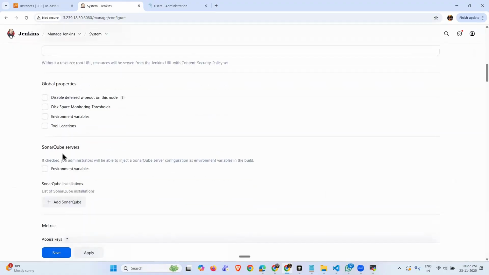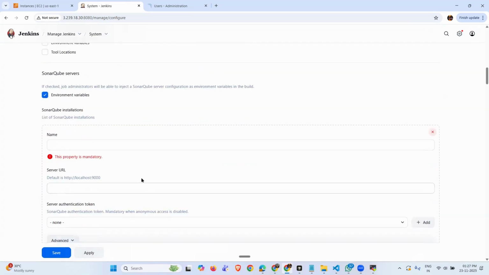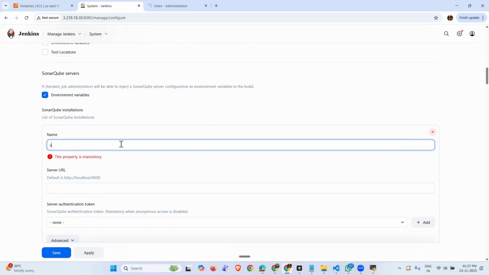Yeah, here SonarQube, and you just click the environment variables and here add SonarQube. Here choose Sonar scanner because the same name I have given in my pipeline. If you want to change this, you can change it, and I will explain where to change it there also. Sonar scanner,